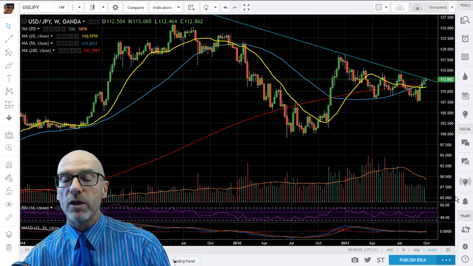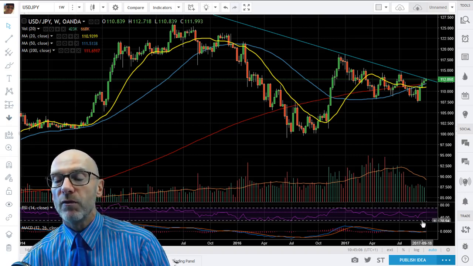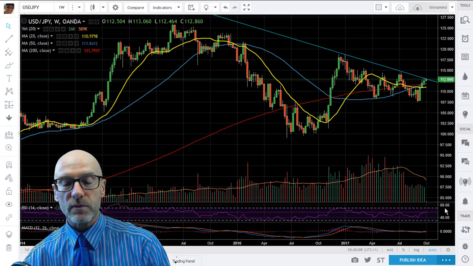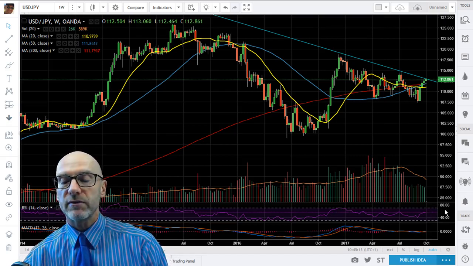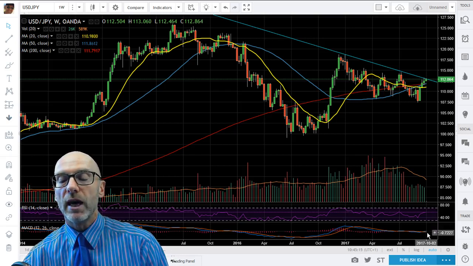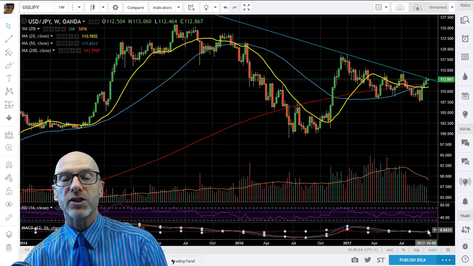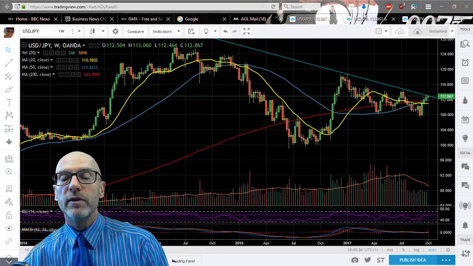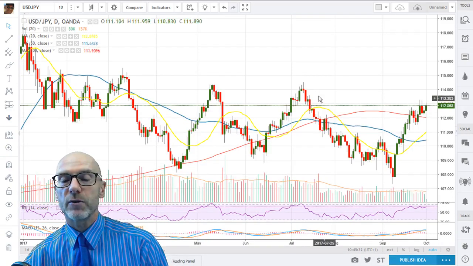Regarding momentum, that has picked up with the 4-week rally in the dollar. Presently at 56.46, so indicative of some positive momentum. And also the MACD, the short term, has just moved above the long term and above zero, so that's also flashing a buy signal. Moving on to the daily, and here you can see the resistance levels between 114 and